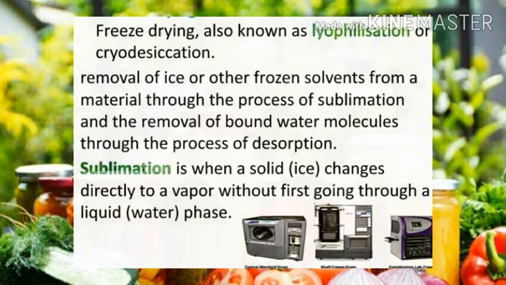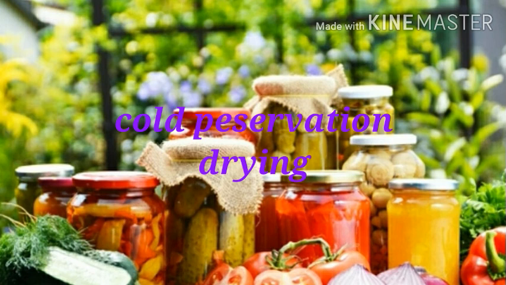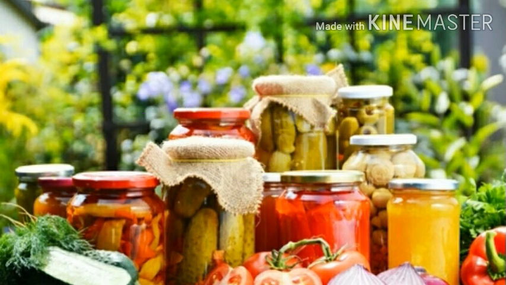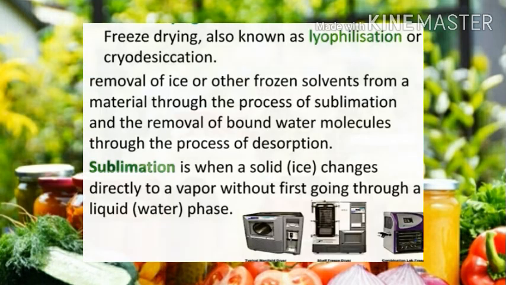And in this we studied two things for hindering the growth and activity of microorganisms: first, cold preservation, and second, the drying process. Drying can be done in three ways, that is through sun drying, freeze drying, and by adding sugar and salt. Hope you understand. Okay, next we move to